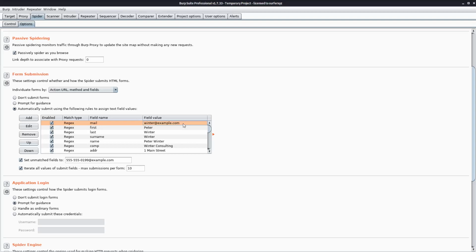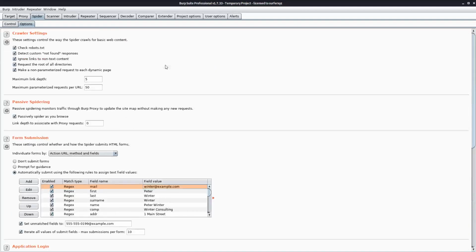So you can just enter the email ID here, your name here, your password here, and it will automatically log in, and then also crawl every other domain which is available after logging in. For example, let's suppose the accounts page or your order history page is not available to you until you log in. So when you enter these details and log in, Burp Suite will be able to crawl every other page which is available even after logging in.